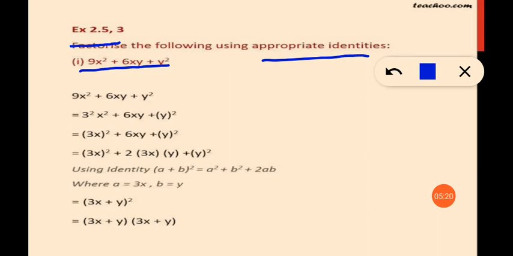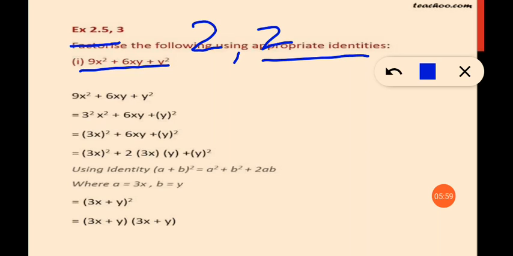The first question that will come to your mind is which formula we will use. For that, you check the degree of the polynomial. What is the degree of the polynomial here? 2. So one thing is clear, that you have to use a formula of degree 2, not a formula of degree 3. Next, how many variables does it have? This question has 2 variables. So we have to use a formula having degree 2 and 2 variables.